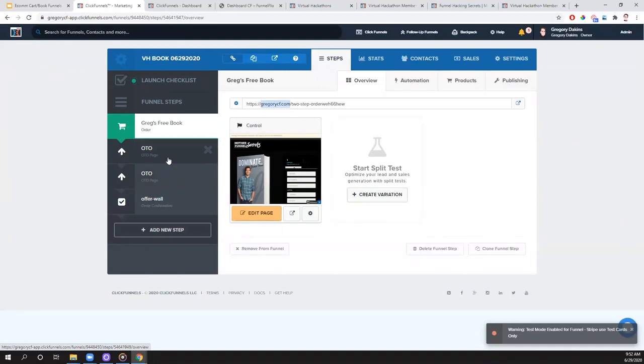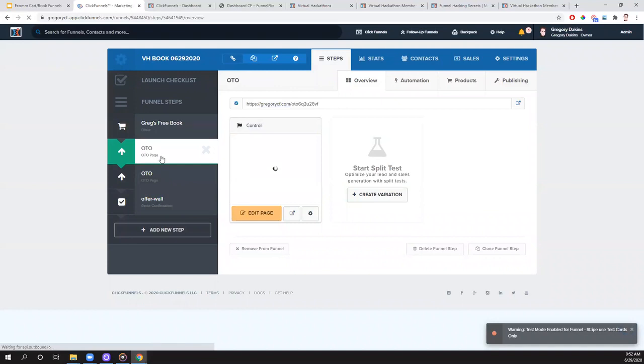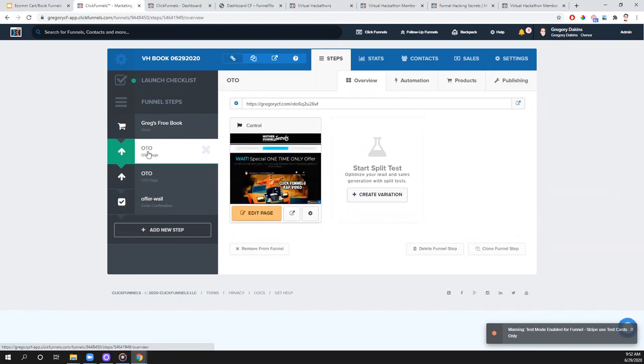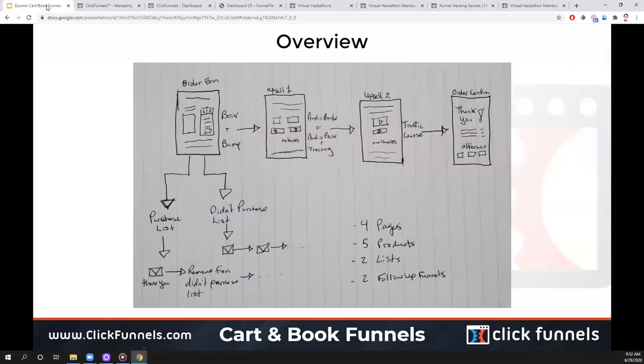But especially since we have upsell or OTO pages here, we actually need to add our products first, because I can't set up a one-click upsell on an upsell page without having the product added to the products tab for that funnel step first. So what I'm going to do first here, before we get into the editor and design these pages,